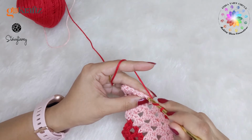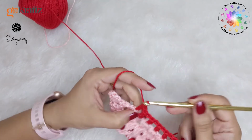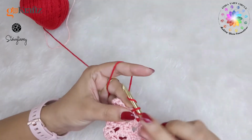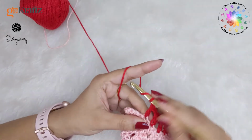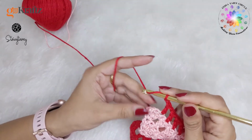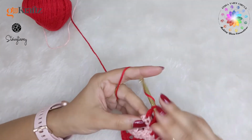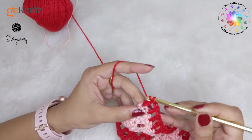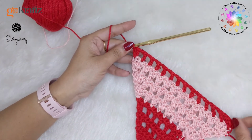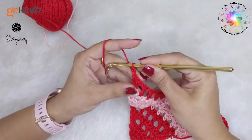Right, so similar, just keep continuing the same thing. Chain 1, skip 1, double crochet, chain 1, skip 1, double crochet. Right, so you just have to continue this till the end. So there I am at the last stitch now. So chain 1, skip 1, and in the last stitch I'll make 2 double crochets, sorry. Right, so that's your row 13, and row 14 is again a repeat of row 2, which is chain 1,